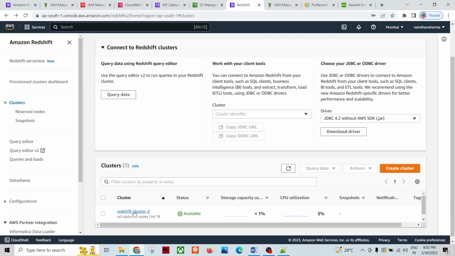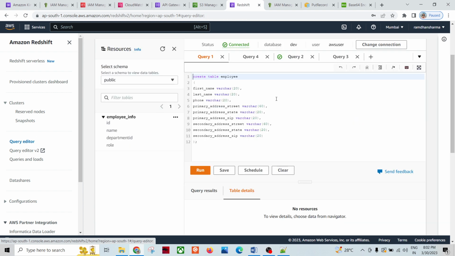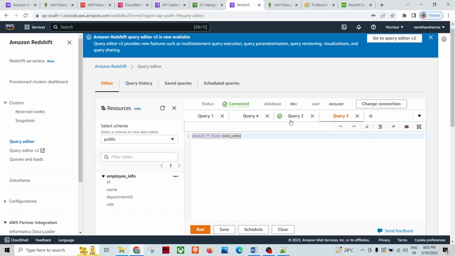So I have a Redshift cluster, and after creating the cluster, you create the temp table actually. I have created the table already. My table name is employee info. If you want to see the employee info,